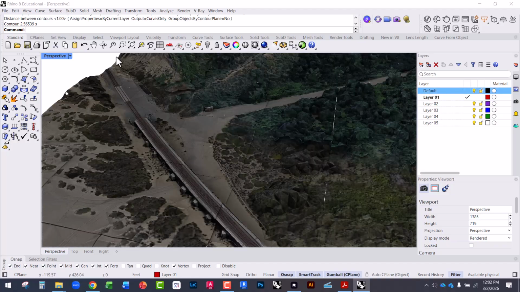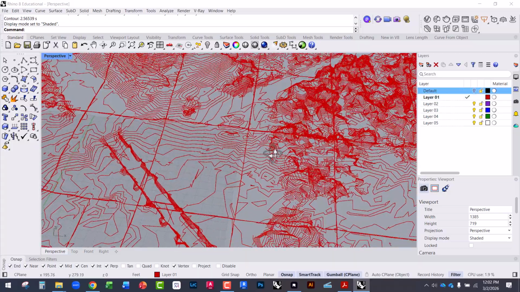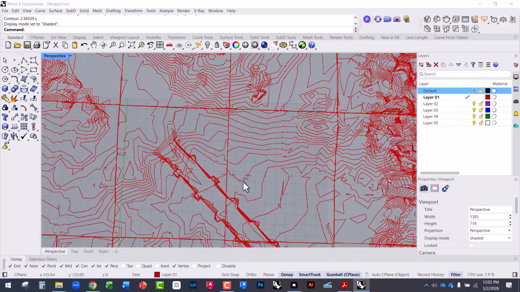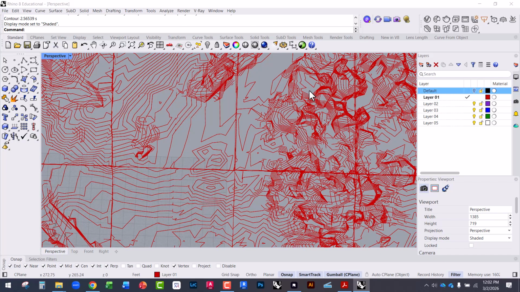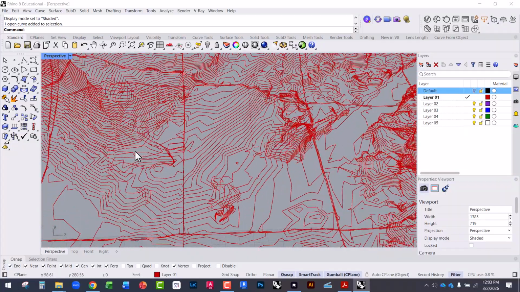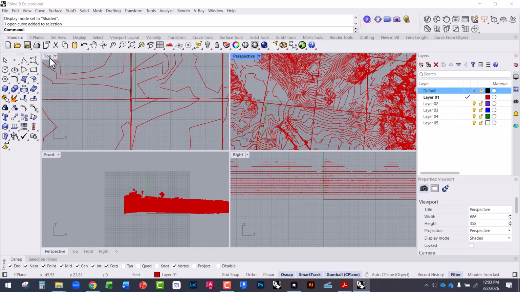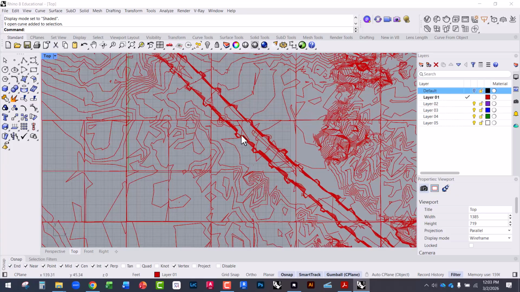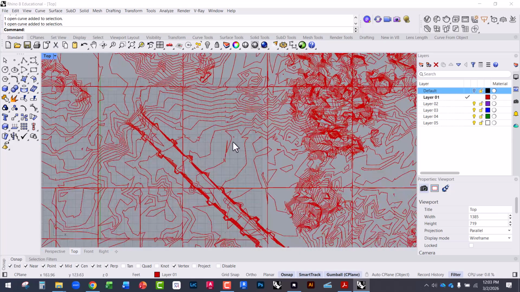So now this is rendered view. So if I go into shaded and I hide this, I'm going to get a topography map for the site. And this is really messy. I don't recommend this exact import method, because all the trees are now being contoured, which you wouldn't show. It would really just be land masses like this. And so from this, I can go into top view. You're still seeing the grid lines here, which those would have to get edited, but